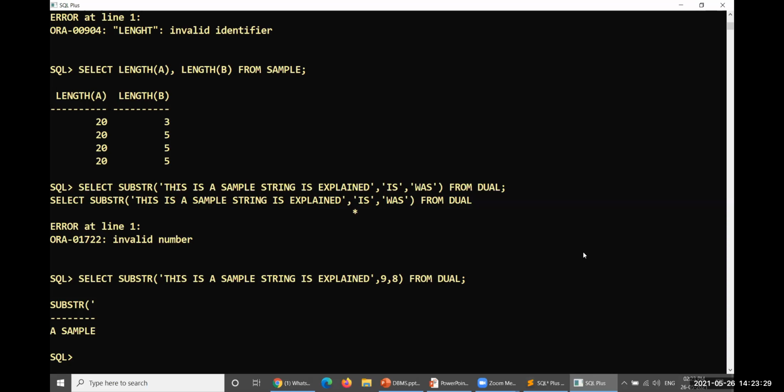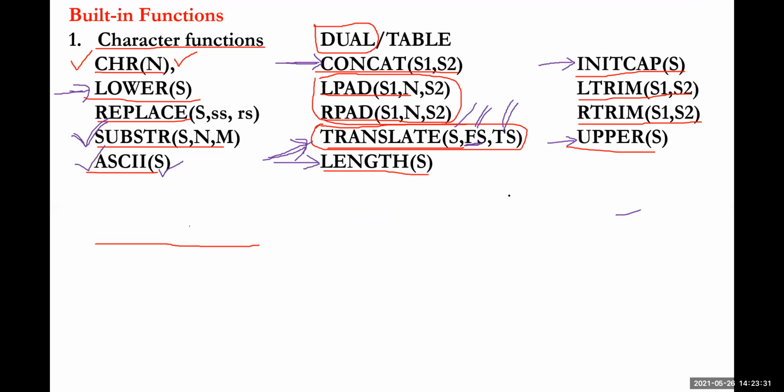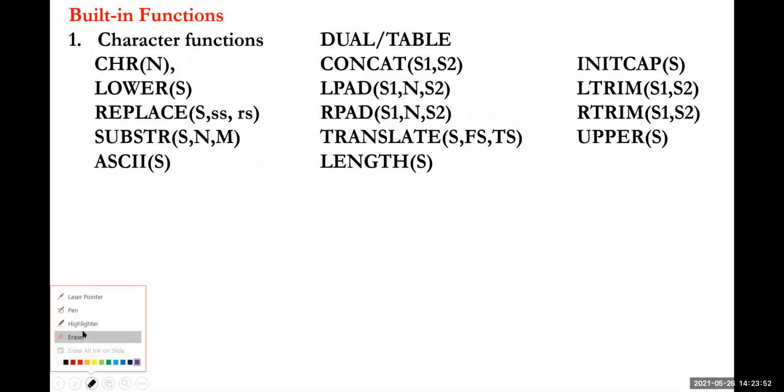I have forgotten to give you one more function here. That function is replace. I forgot to explain this one. There is a huge difference between replace and translate, not substring and translate. Use the difference between these two. Let me eliminate everything, then let me draw very fairly, then you could understand very easily. There is a huge difference between these two.